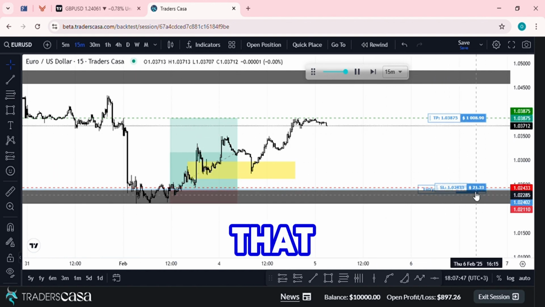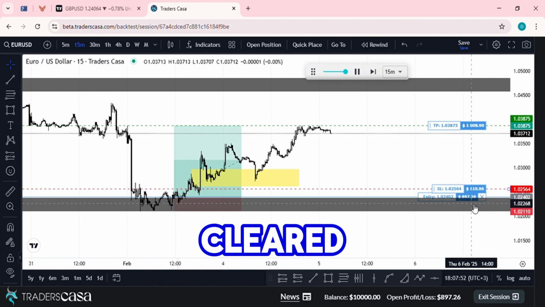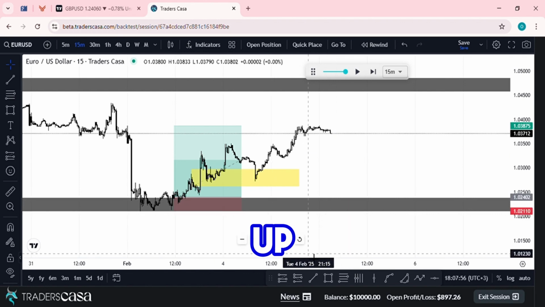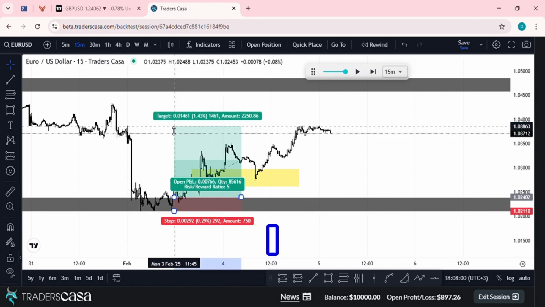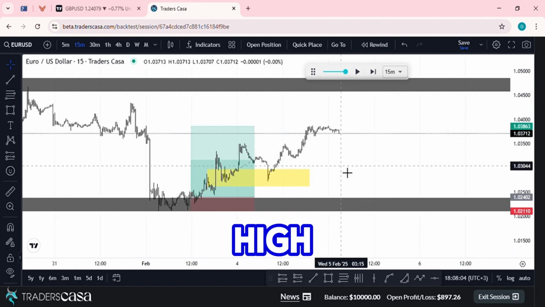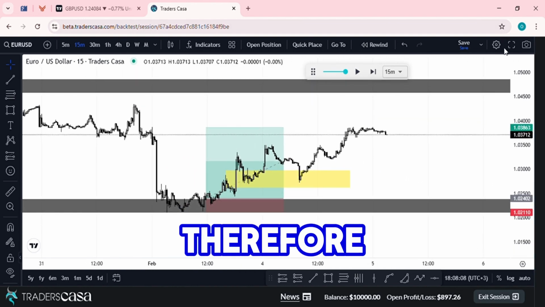So if I see that this is the protected high based on the previous divergence, this is cleared that high and there's a supply zone right above, I'm thinking this is a temporary inducement up to grab stop losses, tap into that supply zone and then come lower anyway. So when I look at my preferred pair and I see us doing this high and then lower high, this is showing me this is a real mitigation. This is a manipulation on EU, and therefore I'm safe to